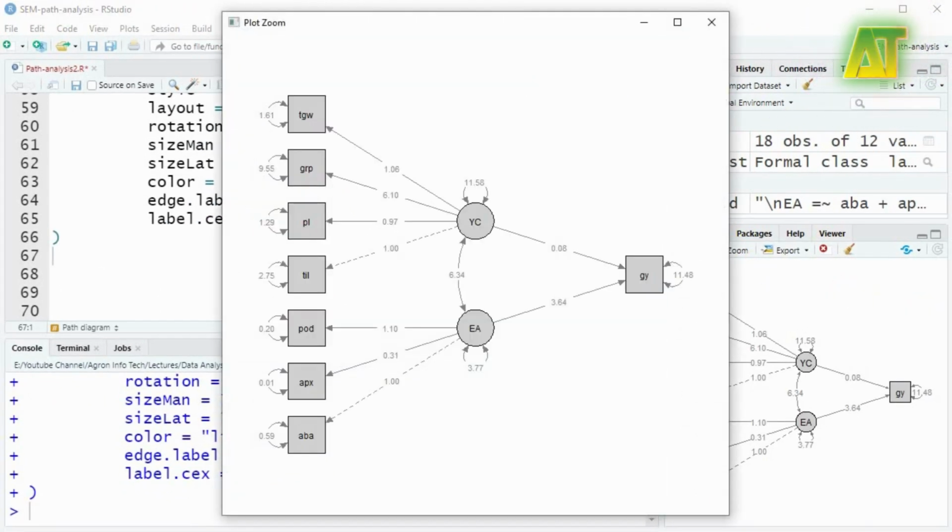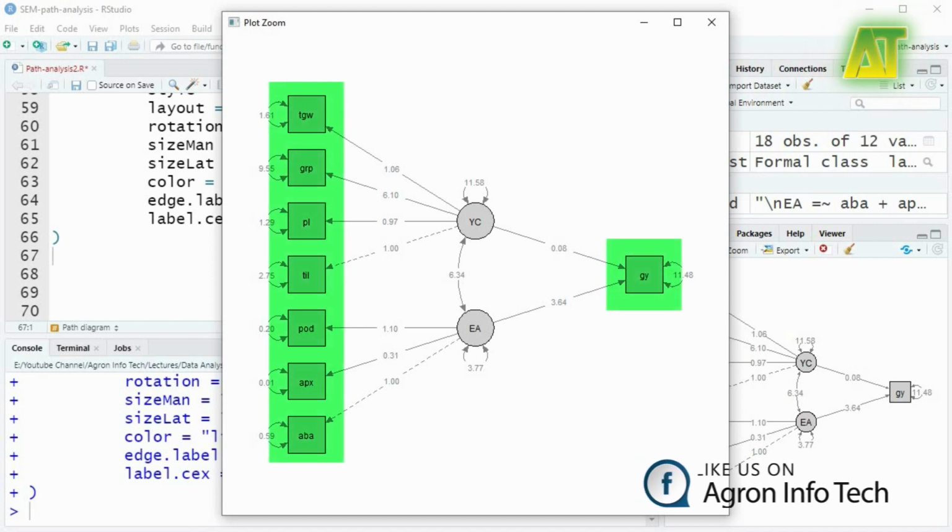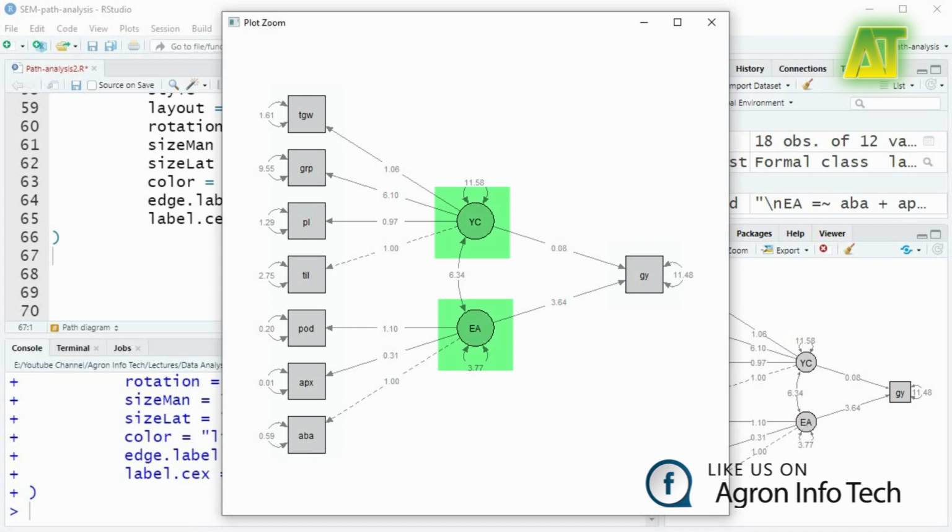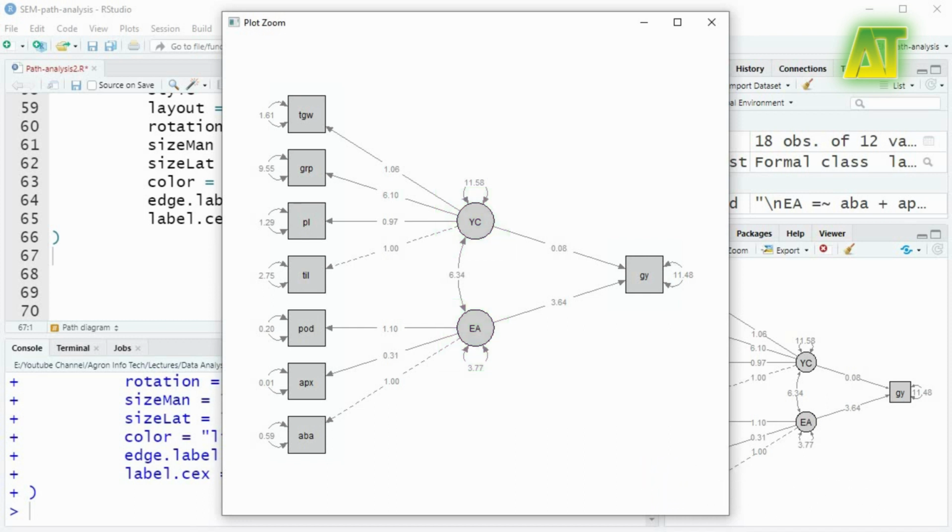In this path diagram, we can see that observed variables are enclosed in squares or rectangles and latent variables are in circles or ellipses. Single-headed arrows, or paths, are used to define causal relationships in the model, with the variable at the tail of the arrow causing the variable at the head. The double-headed arrows pointing to two variables show the covariance between them. The double-headed arrows pointing to the same variable represent the variance associated with the variable, but it is often omitted if the variable is standardized to unit variance.